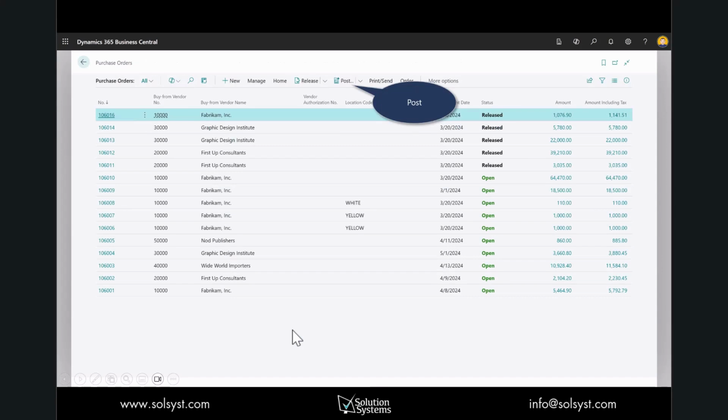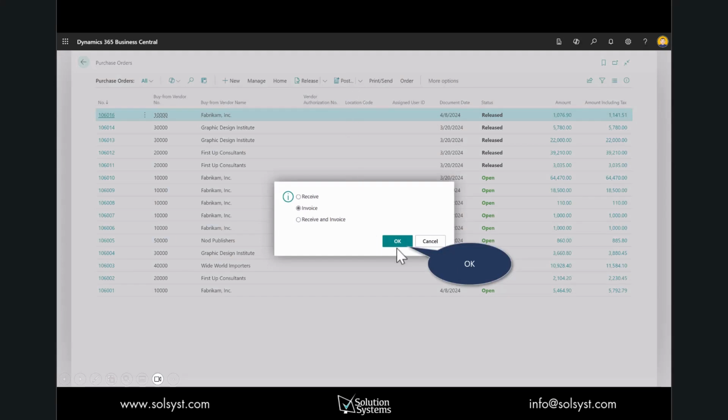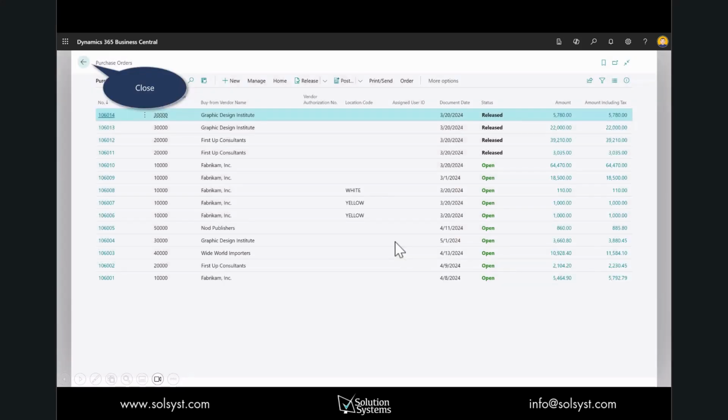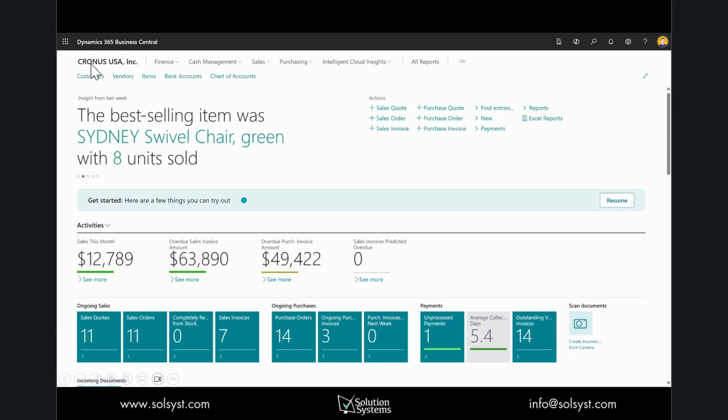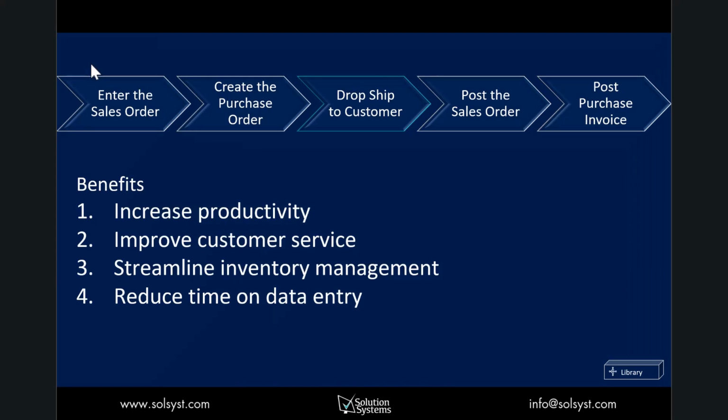Since we know the purchase order created was ending in 606, there's no need to open the document again, thus saving clicks. I can go ahead and post, and this converts the promise to purchase, which is essentially a purchase order, to a purchase invoice. We'll close the window, and that is the process of performing a drop ship to a customer,